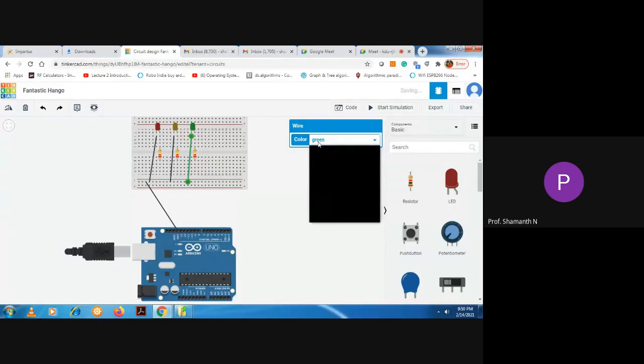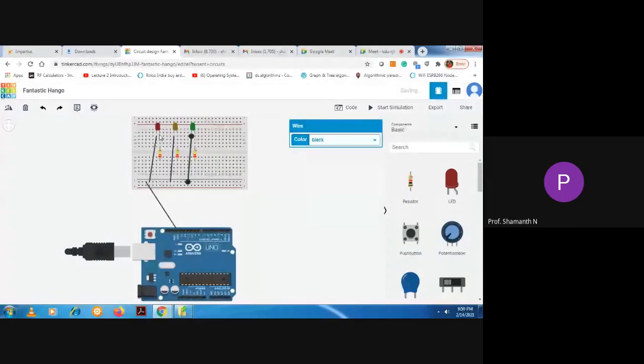Now let us connect the anode pin. To connect the anode pin, all pins which are parallel to the anode, you can select and connect to the one pin above the resistor. You can directly connect to the resistor or connect one pin above the resistor also. Anything is fine.